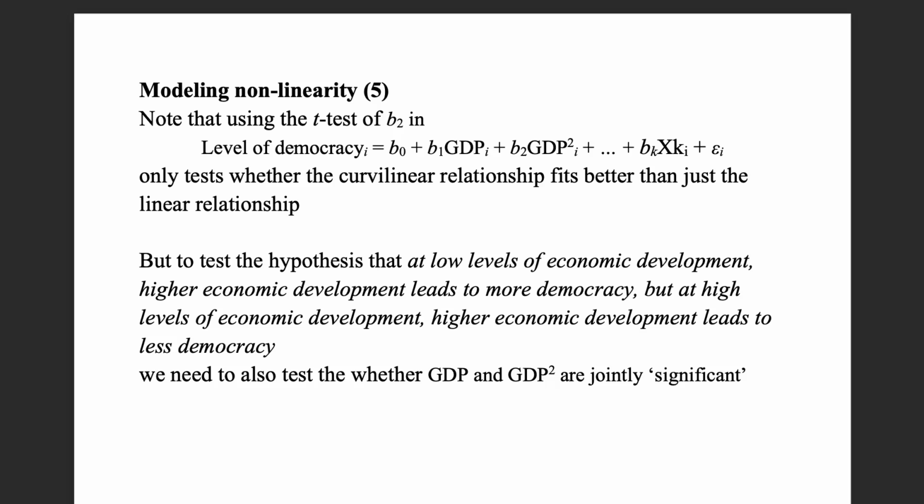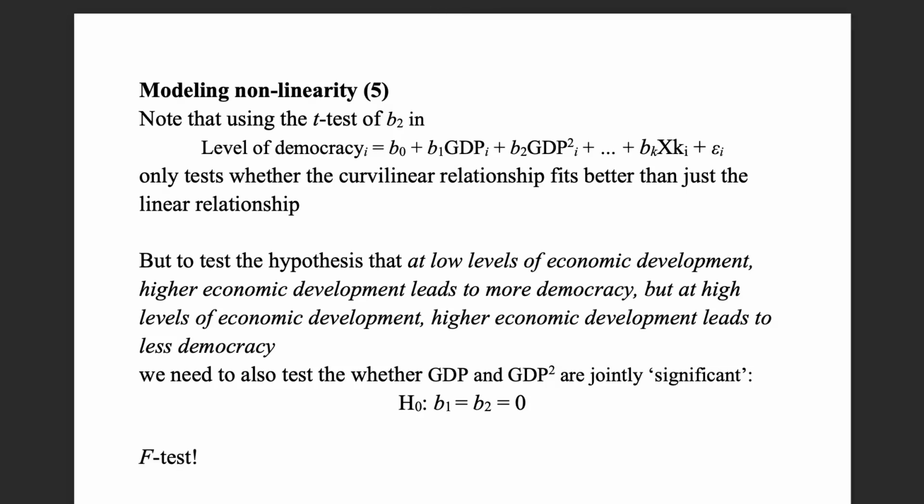So at low levels of economic development, higher economic development leads to more democracy. But at higher levels of economic development, higher economic development leads to less democracy. We need both B1 and B2 to estimate that relationship. So what do we need to do? Well, look at the t-test for B2, but also test whether GDP and GDP square are jointly significant, because you need both to represent the relationship. In other words, you also want to test the null hypothesis that B1 and B2 are both 0 in the population,